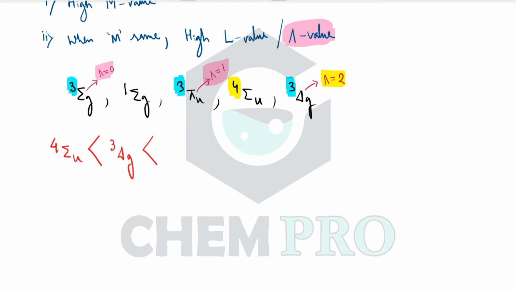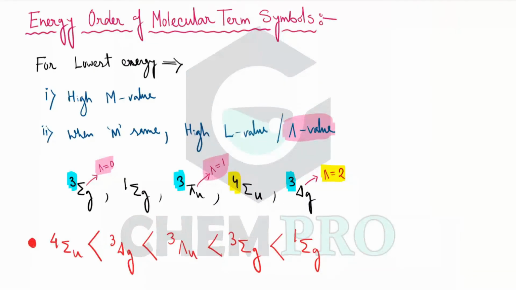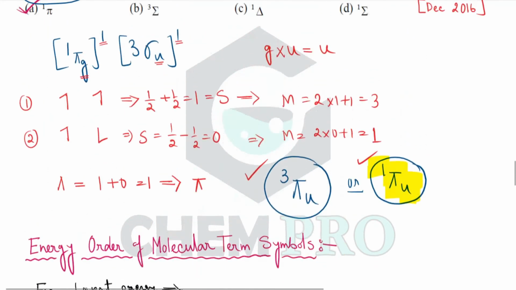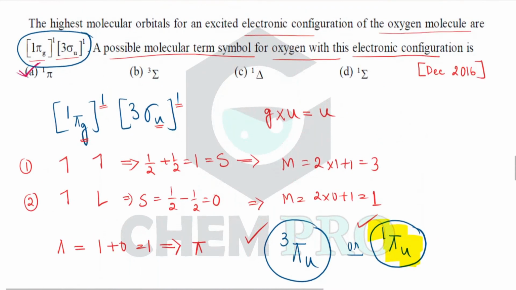So the next will be the 3 pi u, and then it is 3 sigma g. Now the one remaining is 1 sigma g. So this is the energy order sequence for the given molecular term symbols. Okay, now for this particular example, if we take these two molecular term symbols and check